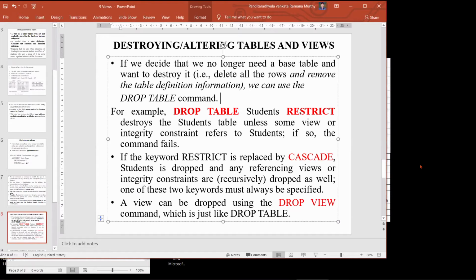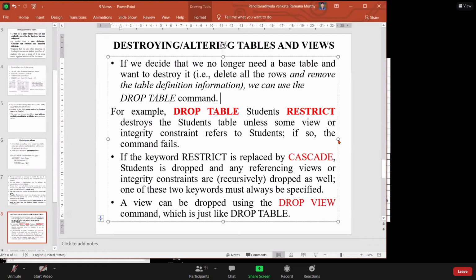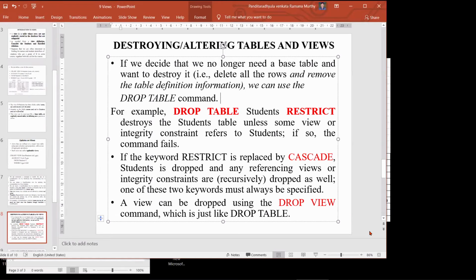Otherwise, if you don't want those views to be deleted when dropping this table, you can use the restrict keyword, so that the views should not be deleted from this particular table.